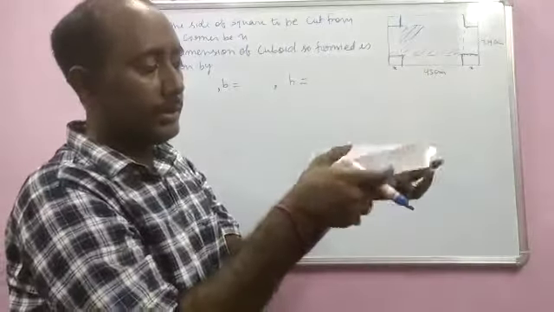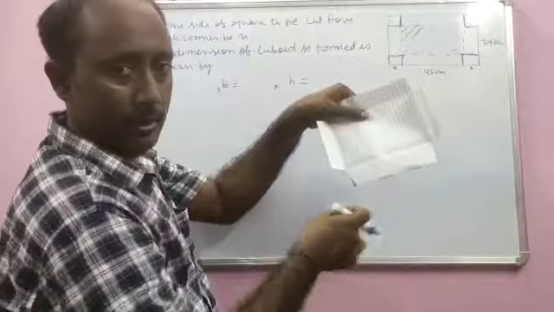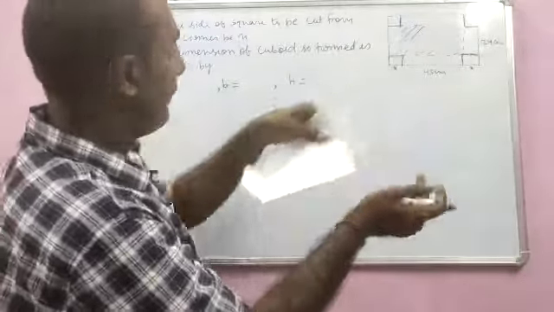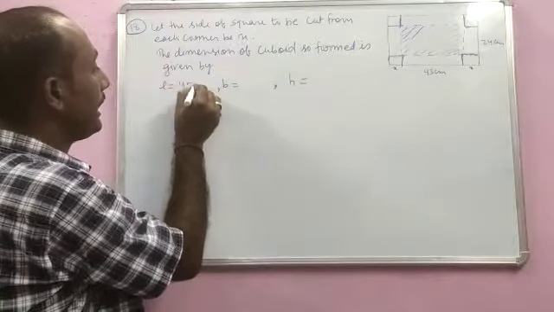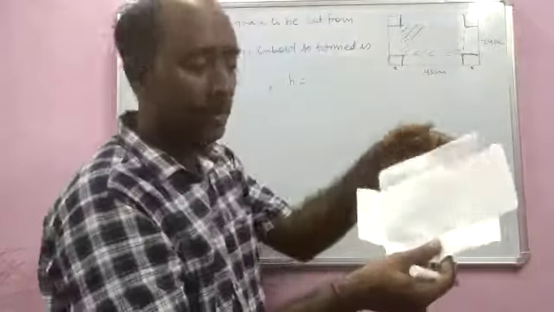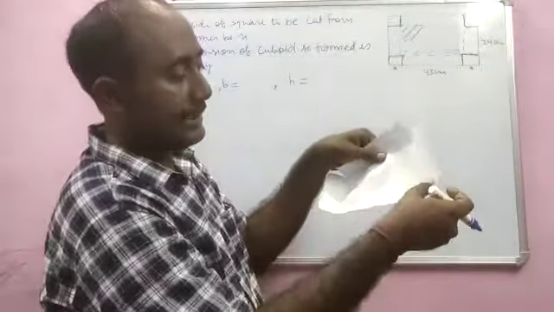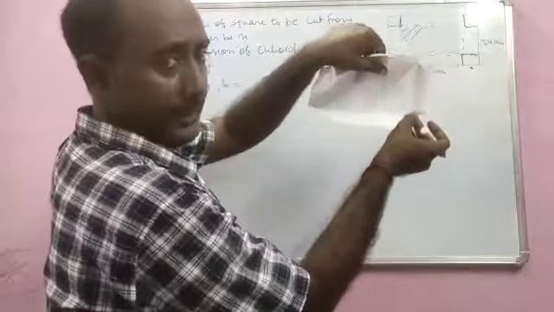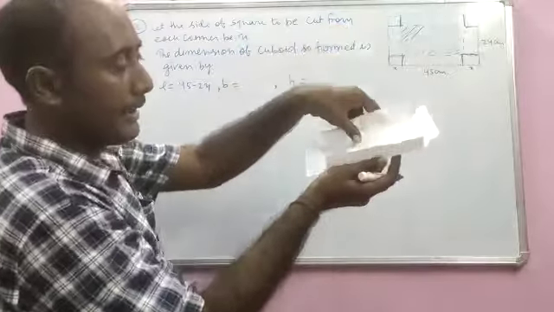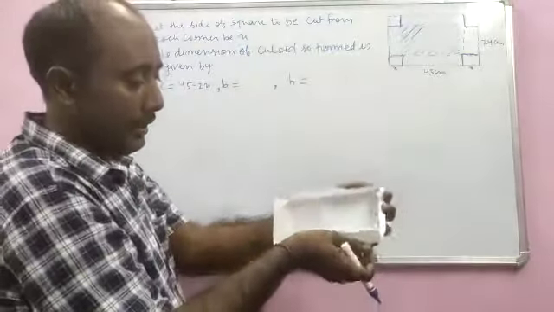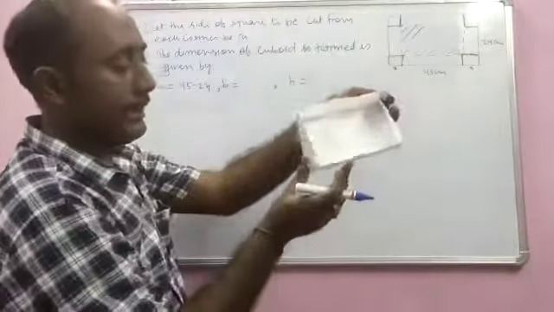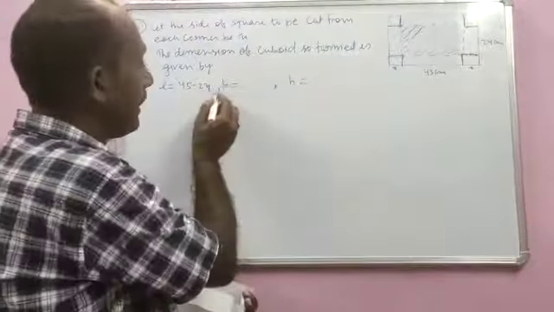Now the length part of this cuboidal box, the box which is now formed, will be 45 minus 2x, because x part from this side and x part from this side will be removed. When you are making a cuboidal box, the side of the square is x, so you have to subtract x from this end and x from that end. So the length part of the box will be 45 minus 2x.